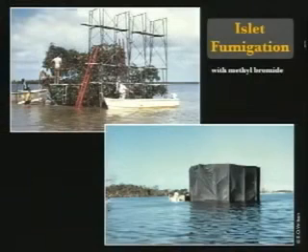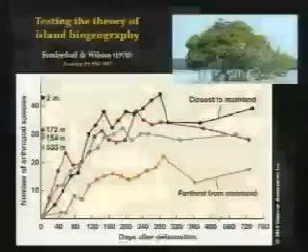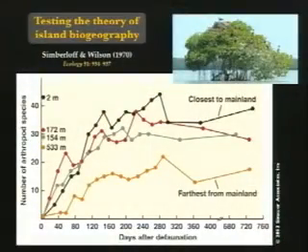I'm not sure you could get away with this in this day and age. I'm not sure you could get the permits from the state of Florida to go put a scaffold and a tent over these islets and fumigate them with methyl bromide. It doesn't kill the plants, but it kills all the arthropods, the insects and friends. And they did that experimentally to a series of these little islets and then watched how they were recolonized and followed them over time in terms of the species that occupied them in order to test their theories of island biogeography. And this has influenced a lot of subsequent work in conservation biology and basic ecology.